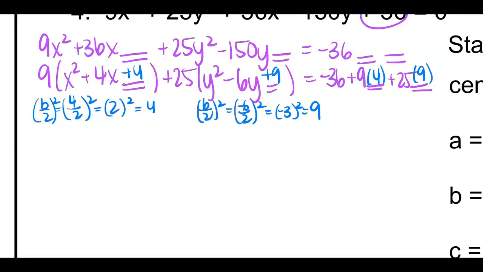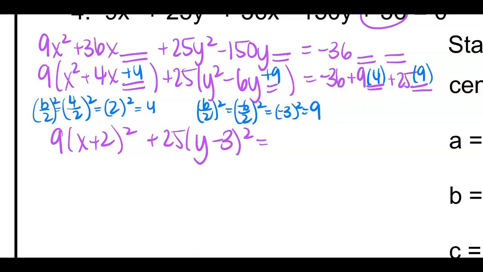All right, we're almost done. Step 4 at the top says to factor and combine your like terms. So let's go ahead and factor and combine our like terms. Factor, this means that I'm going to rewrite this as a binomial with a positive 2. So this will be 9 times (x plus 2) squared plus 25 times (y minus 3) squared is going to equal,